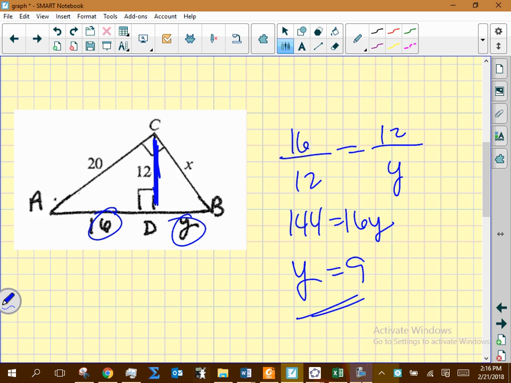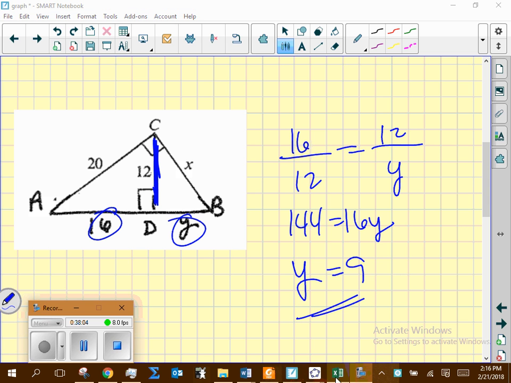So I'm going to stop right there. And we got about 5 minutes here, but